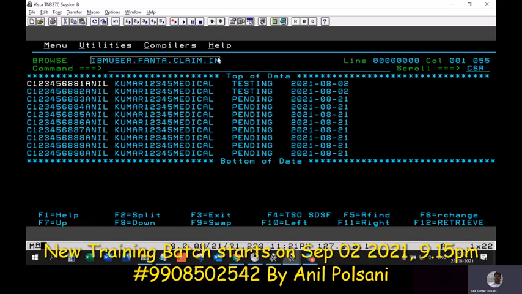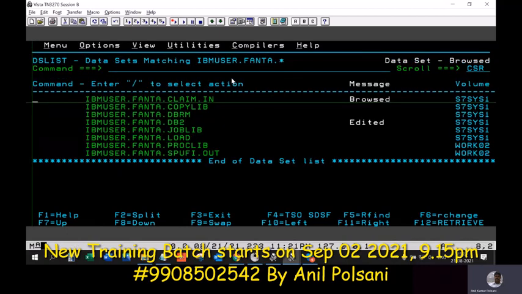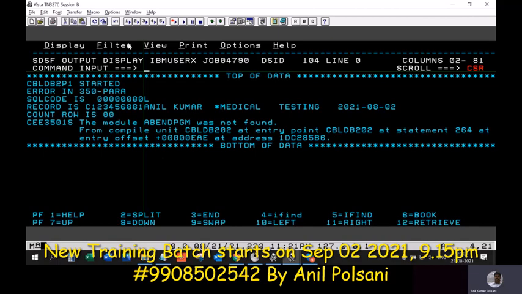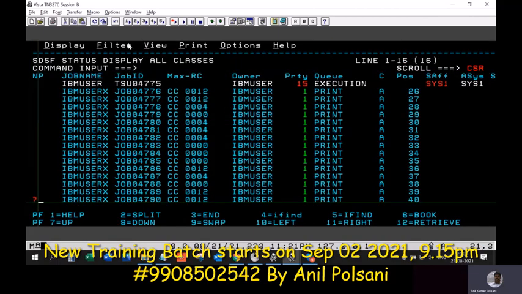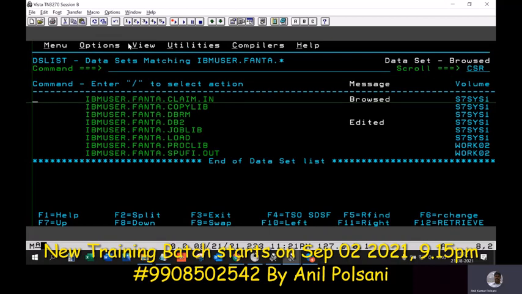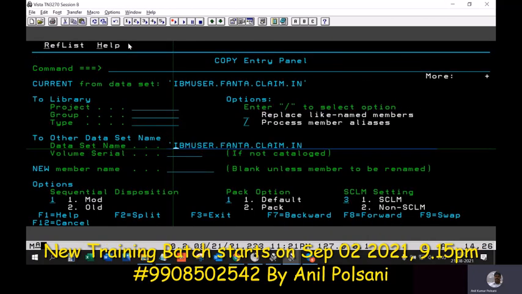So if you go back to our production situation, assume that I am in the production situation. I cannot edit any of these files. IBM user.fanta is all my production files. Assume like that. So we cannot edit it, but there is a job that failed and is waiting for rerun. In this case, we as support persons don't have edit access anywhere, and we don't need it. What I need is only the copy access, to copy to another data set.